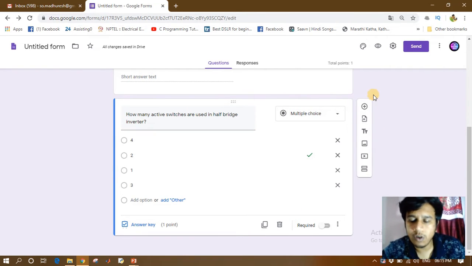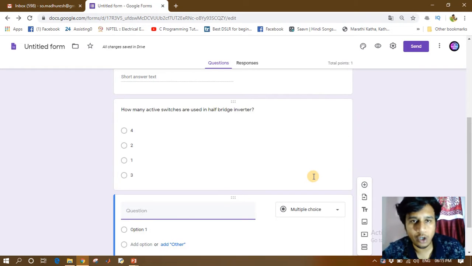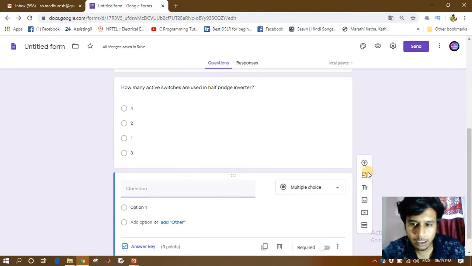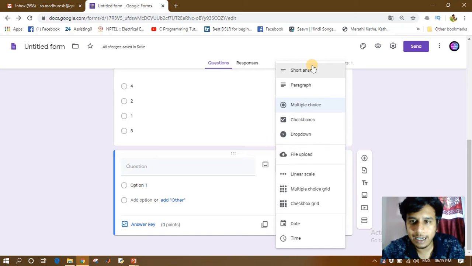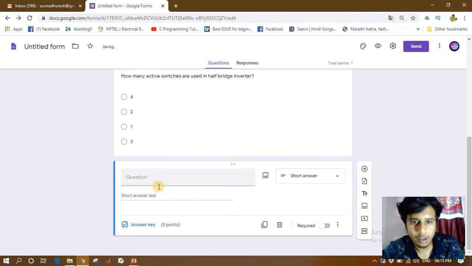Google Forms also provides us the flexibility to add some short answer questions, one line or multiple line questions, apart from MCQs. So in order to create a short answer question, we just need to select short answer over here, and now here we can write our question like, write expression for Ohm's law.